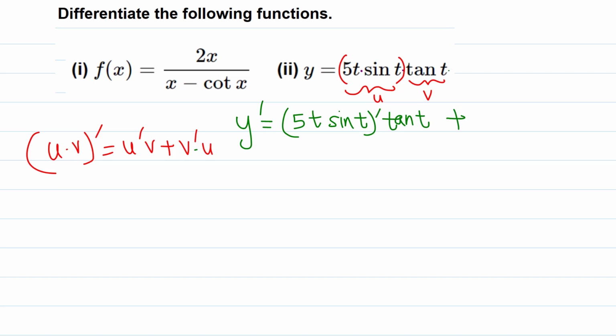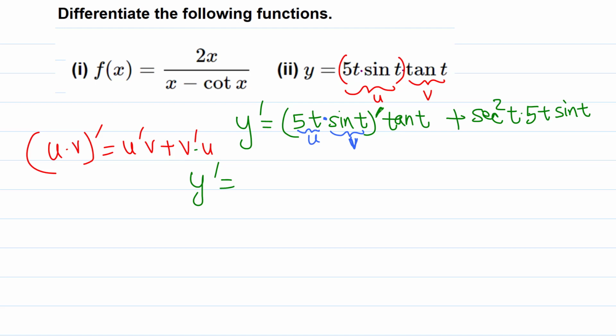V prime means the derivative of tangent t. The derivative of tangent is secant squared, times v prime u. U is just 5t sine t. So 5t sine t. Okay, all in product. We don't have to simplify. We are not done because we still have a prime, and inside here we can see another product. So 5t we can think of as u and sine t as v. So we need to use the product rule here one more time